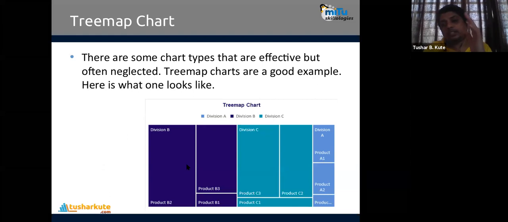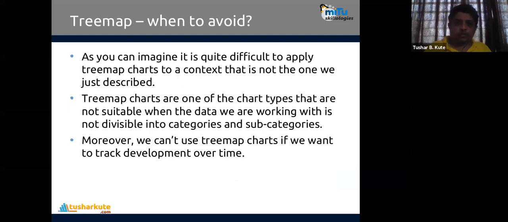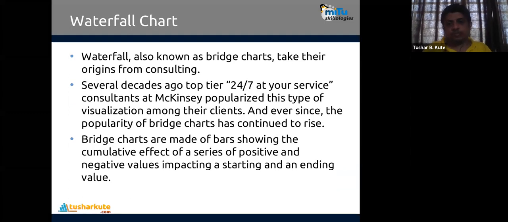The hierarchical chart is called a tree map chart. So when to use it? When the company has, say, three divisions, the area of them is covered by products, and under products, again, we can have multiple small parts. It's not used commonly, but most of the time, if data analysts have to represent data in this way, they can use it.